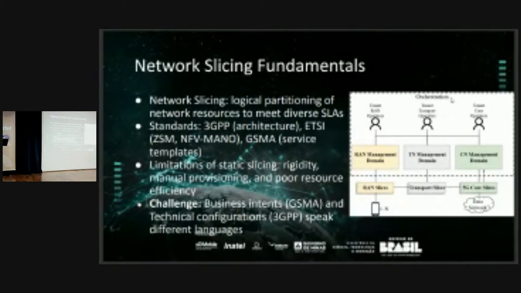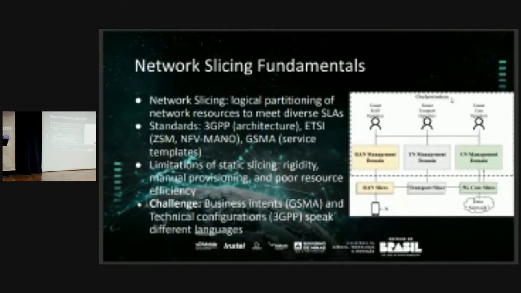And we need RAN management domain, transport management domain, and core management domain to apply in different domains. This is the big picture for the 3GPP. It's important we understand because we need to define one platform, one solution, considering this global view.